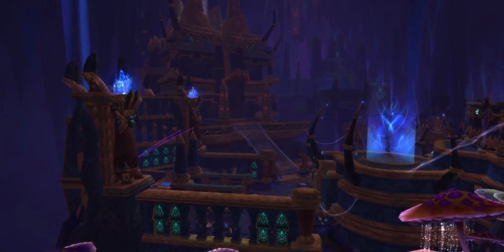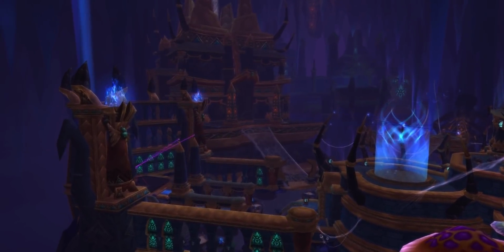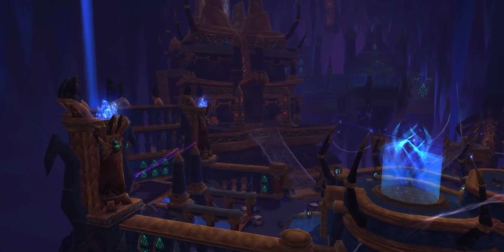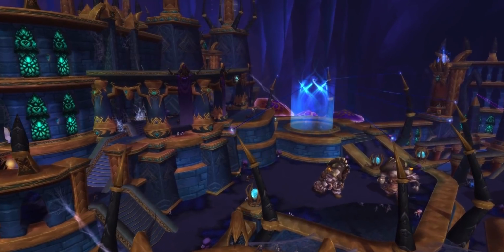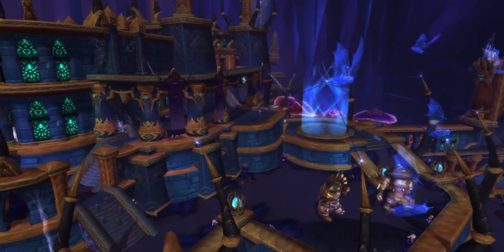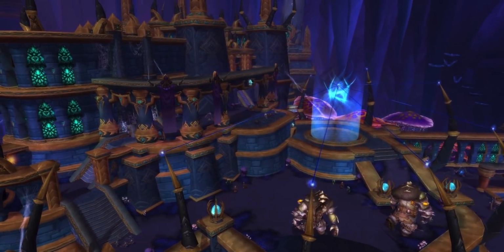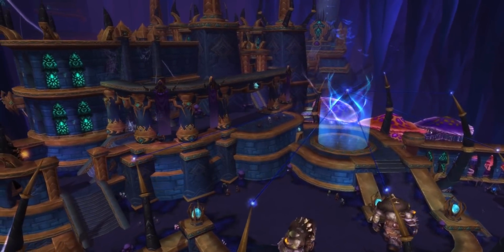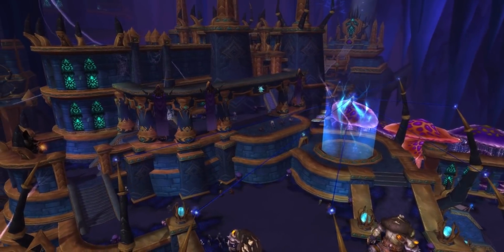An-Kahet is occupied by the Scourge, Twilight's Hammer, and the Faceless, rather peacefully. The Scourge was even using Yogg-Saron's own blood to build their fortresses, and Yogg-Saron didn't seem to mind.